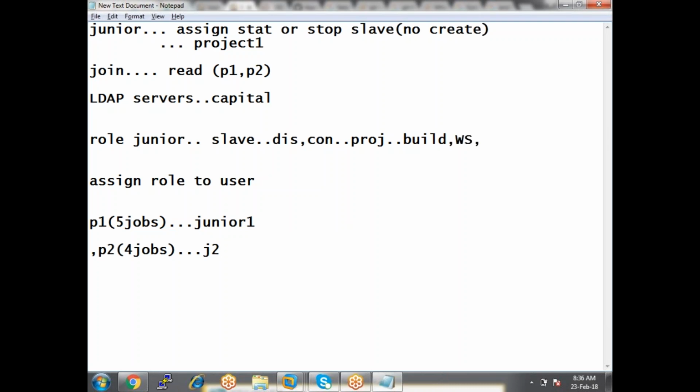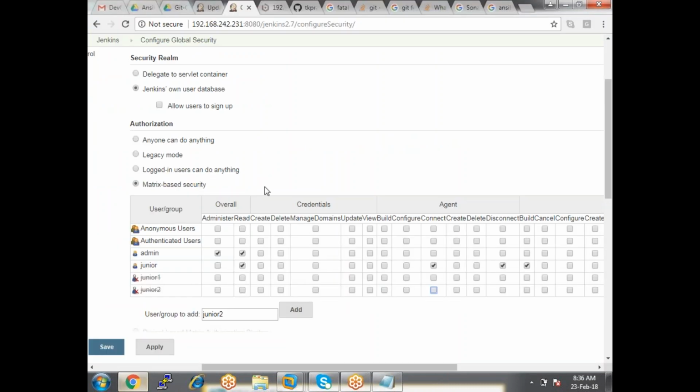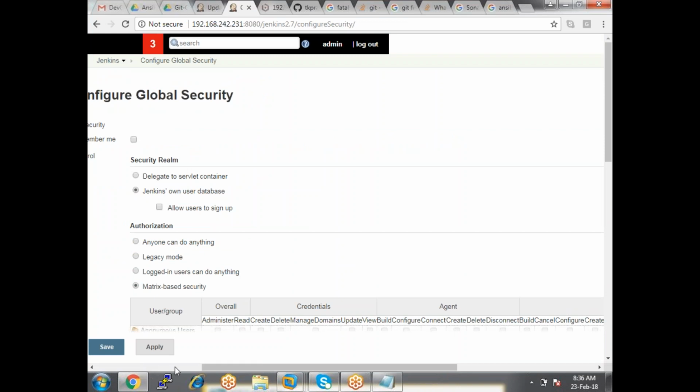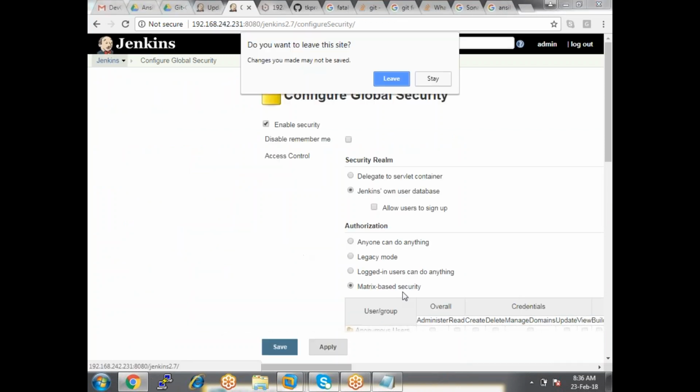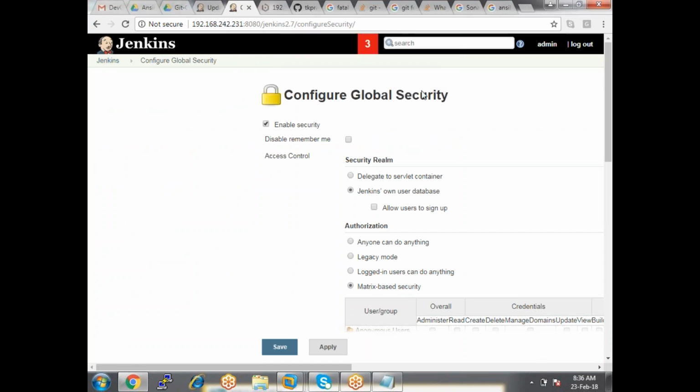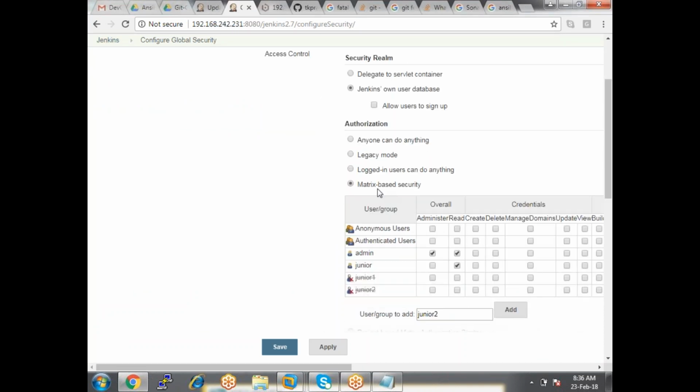In our present matrix based authorization, see this option, this matrix based option gives you only the option to restrict what kind of actions the user can perform on a particular job, but the user is still able to see all the jobs.